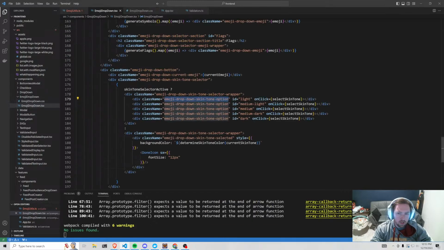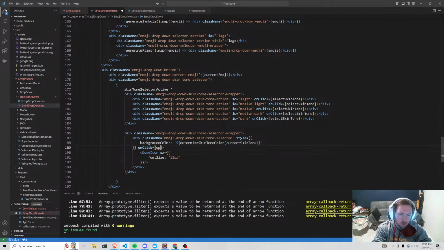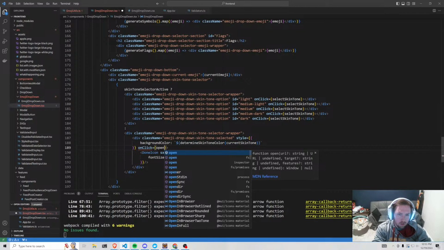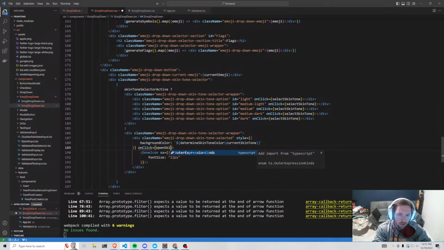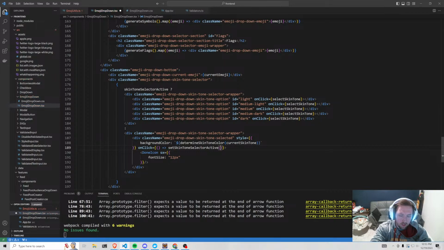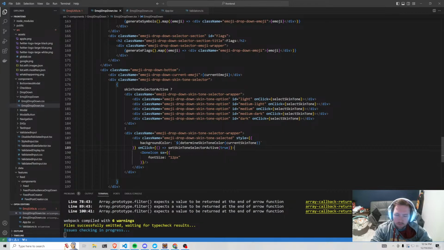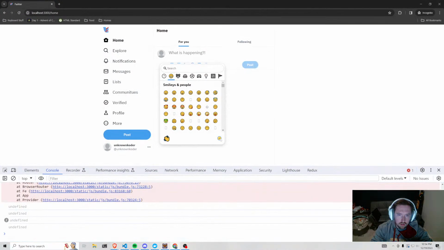So now if we come in here, do we have an onClick on the... we do not. So we need an onClick on this div. onClick equal to, we'll call this openSkinToneSelector. And honestly, what we could do is make an arrow function and set skinToneActive to true. We could probably do that honestly and get away with that. That would be a pretty simple way to do it. So if we click on this,